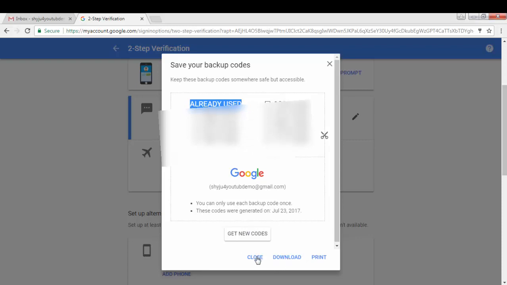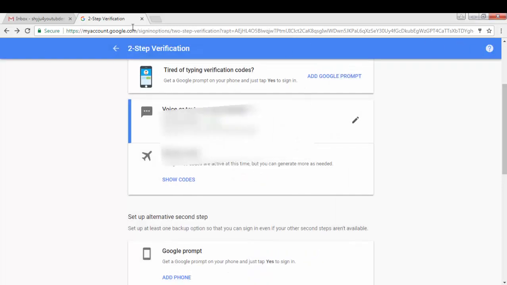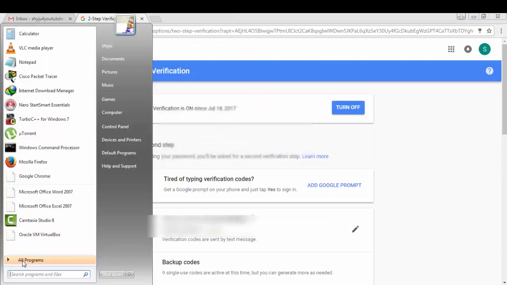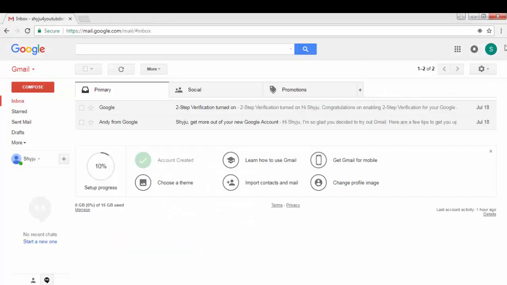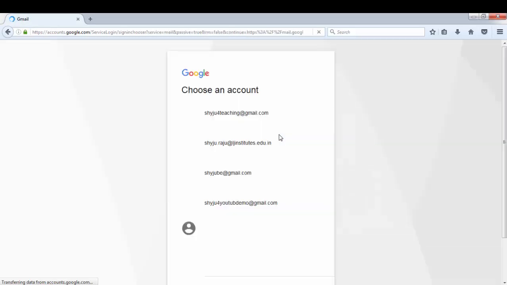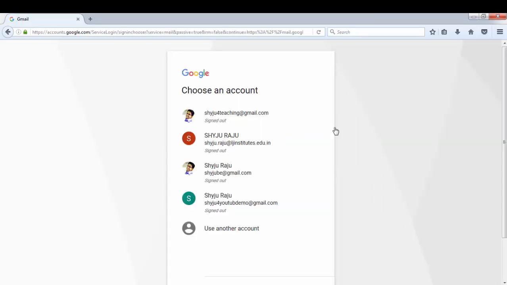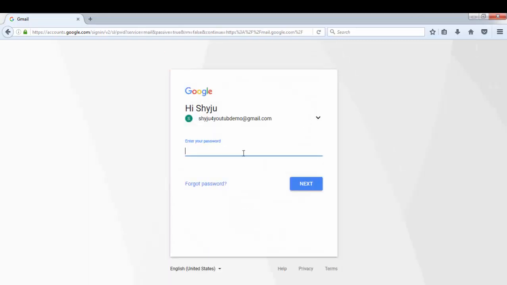Now I will log into this Gmail ID. I will try to log into this Gmail ID directly with the backup code that I had shown you. Now suppose I access this Gmail ID from some other location and I do not have my phone with me, then how do you log into your ID? Now see here, it is asking me for the password, so give the password.